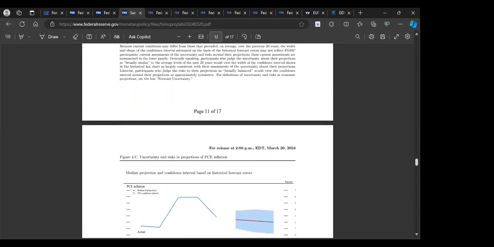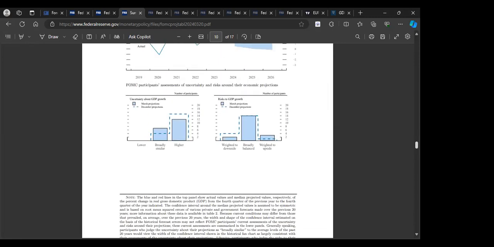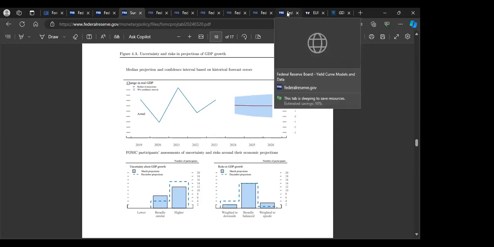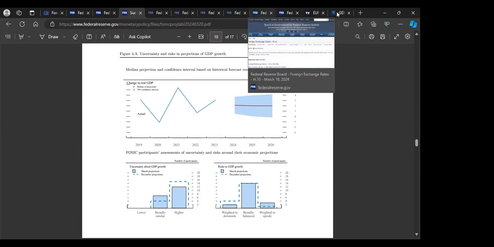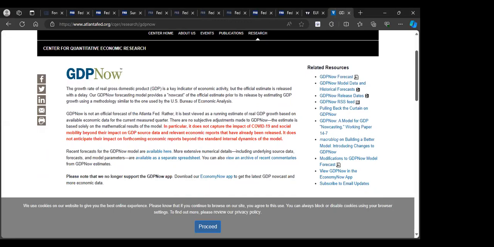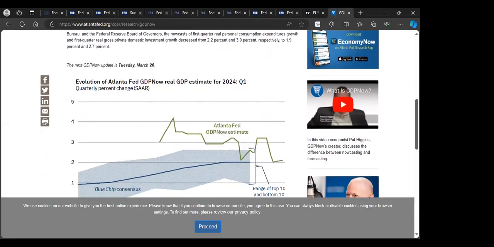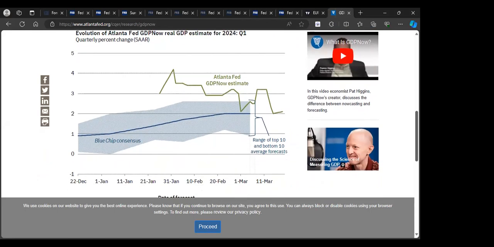And on here it says, I think I just passed it. It's talking about the real GDP. There is, let me find the right one. It's this one. GDP Now. You can come here and get live updates of the GDP. It's not going to be live like hour by hour or day by day. But they do